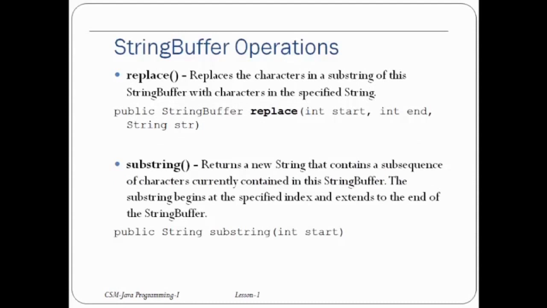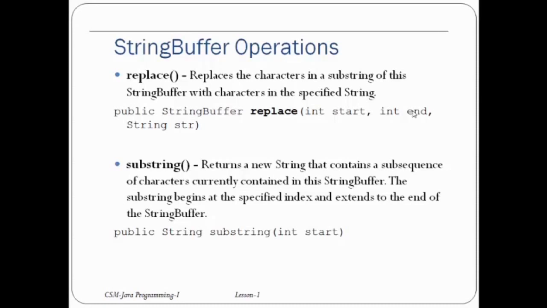Then we are having a replace operation. It is actually used to replace the characters. So the syntax will remain as public string buffer replace, and in that you pass the start index, then the end index, and the string which you want to replace. So this is a new string that will be formed after replacing, and this is a start and end index. So if I'm having HAPPY and I want to replace from the index second till the last, so I might replace it with BAD, then I might get my new string as HABAD. Okay, so that is how it replaces it.